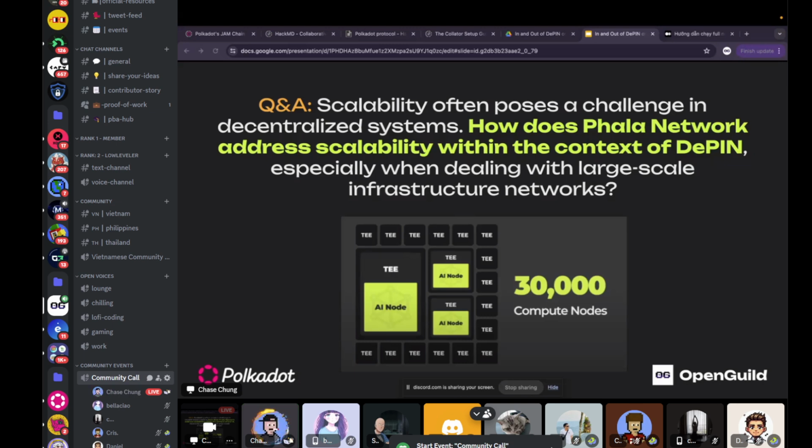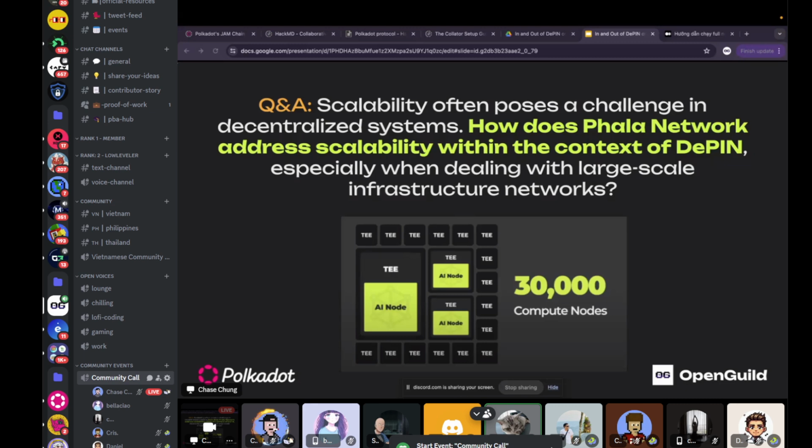Actually, it depends, because from the user or developer side, we do some abstraction for the TEE. We do not directly expose the hardware to the user. I saw the question before about how PHALA is different from AWS and GCP. We are not letting you rent certain workers of our network. Instead, we are wrapping it as a service. So we are a SaaS provider.